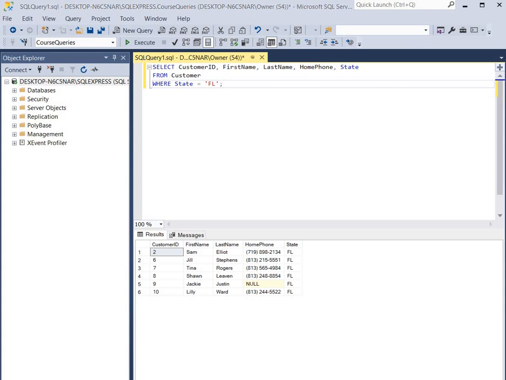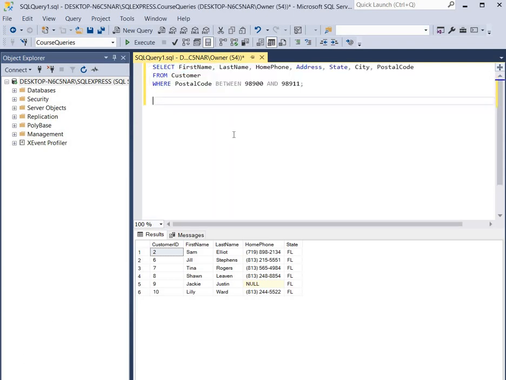Now let's take a look at a query which will allow us to retrieve a range of values. What we're going to do is retrieve a range of postal codes. So in this query, we're going to select the first name, last name, home phone, address, state, city, and postal code from the customer table. And in this where clause, we're going to use where the postal code is between, and we're using this between keyword, between 98900 and